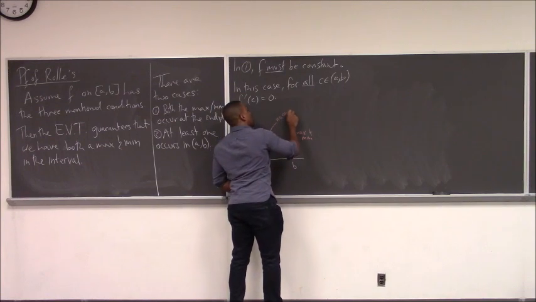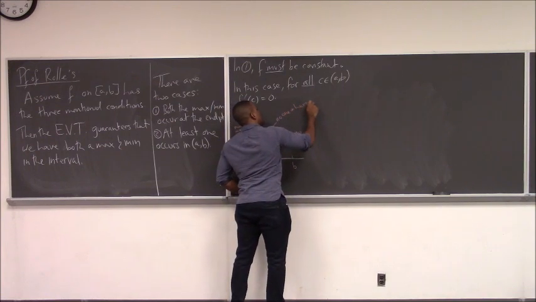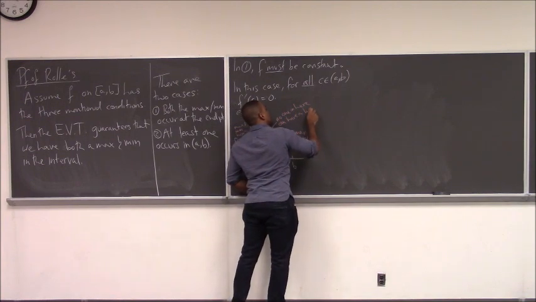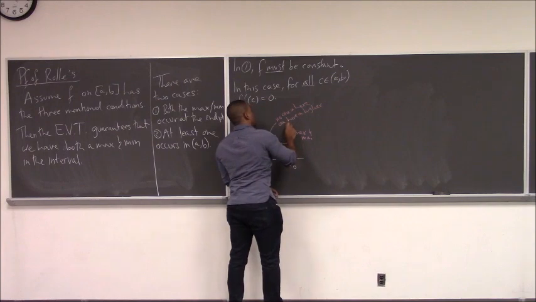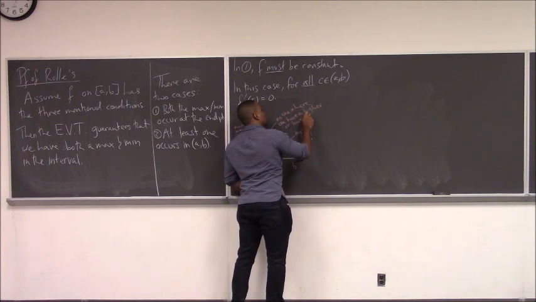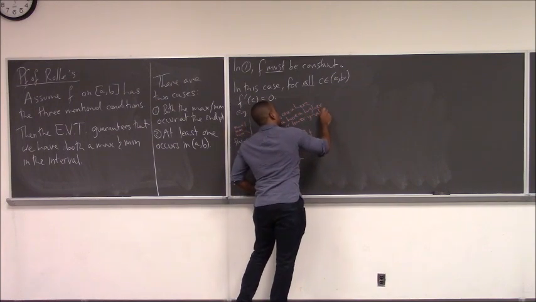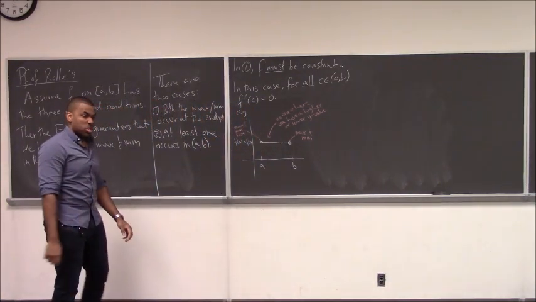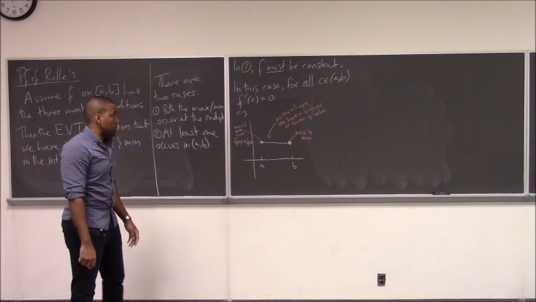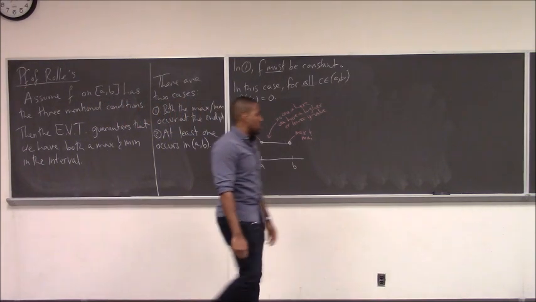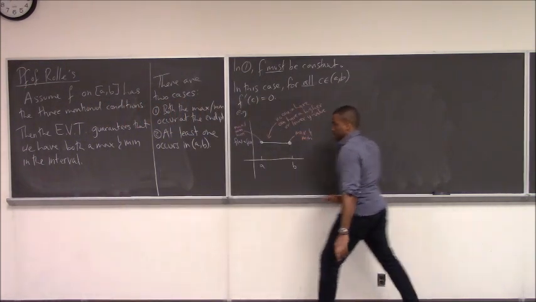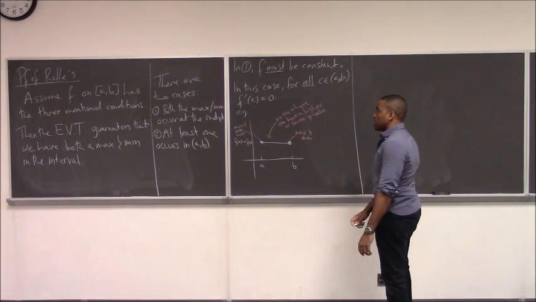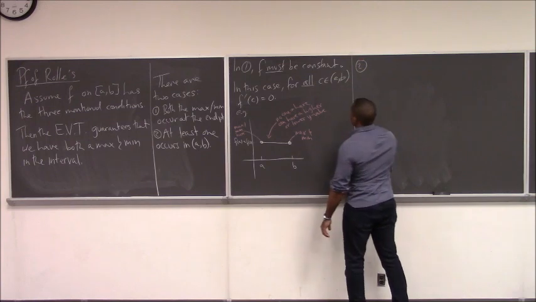Because no one in here can have a higher or lower y value. And because it's continuous, we have to have points defined everywhere, and so they're all going to have to maintain the same level. They can't exceed or subside the max or min. So that's case 1, we have what we want. In case 2,